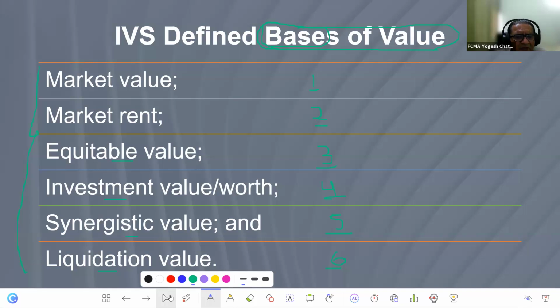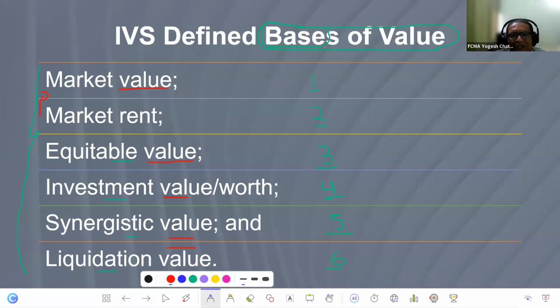Everywhere you will find the word value common. Ultimately, market rent is also determined based on the market value only. But you all will appreciate, as experienced valuers, that the meaning of value is different in each. So it is very important to understand the intricacy of